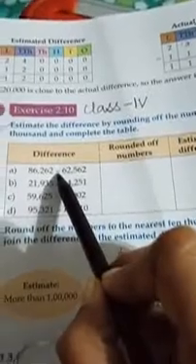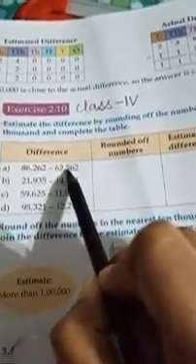Here in the question you can see this statement is given to us and here is a symbol of subtraction, so we have to do minus. Then round off the numbers. This first number and this second number, we will round off to the nearest thousand as written in the statement. After that we will find out the estimated difference, then we will find out the actual difference. See how we will do this sum.